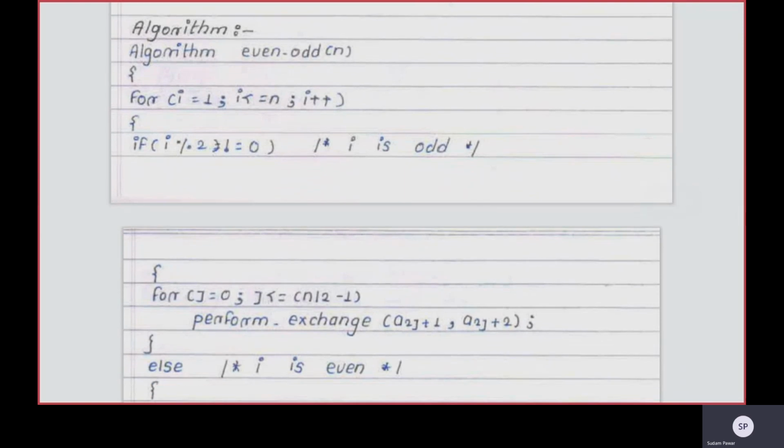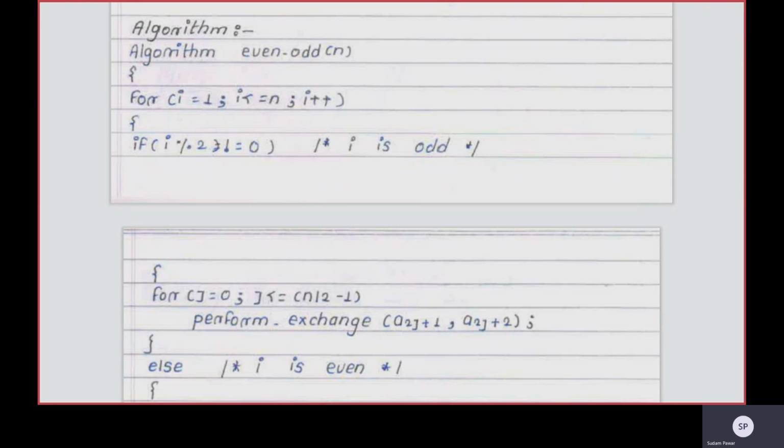So the algorithm, odd-even, for any elements in an array: for i equal to 1, i less than or equal to n, i plus plus. If i percentage 2, this is the modular division, is not equal to 0, it indicates i is odd, which means you need to select the odd-numbered indices in this particular step.